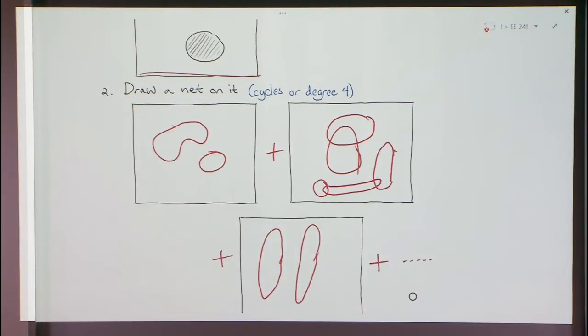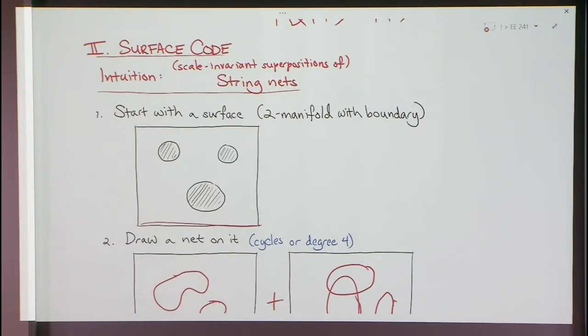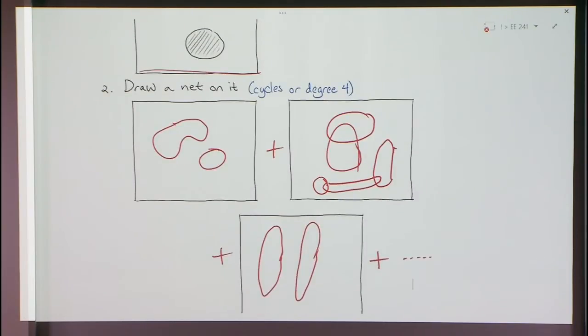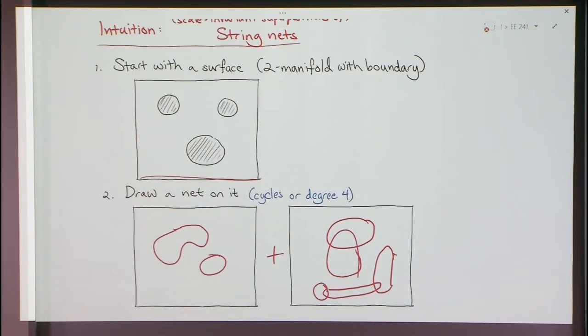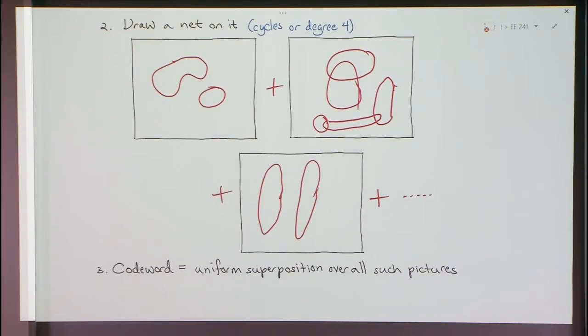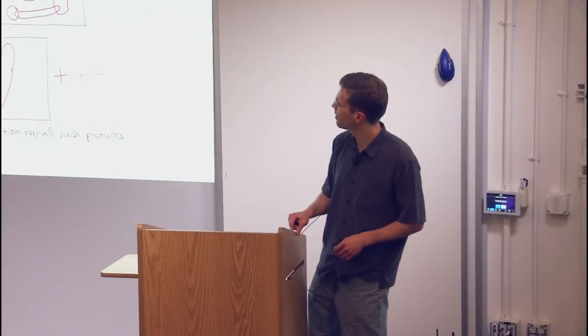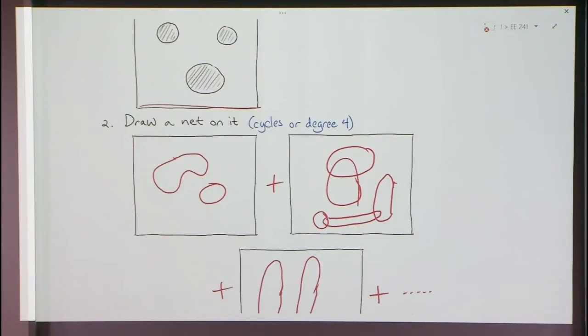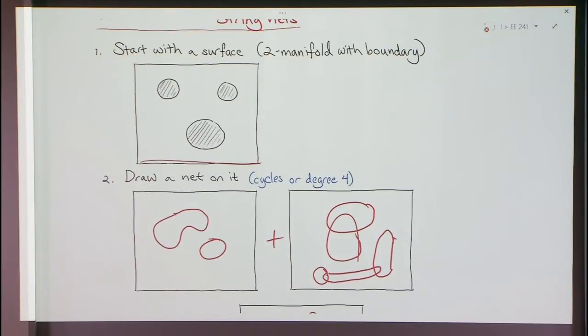No, but see, this would have worked for any surface. So for this code, it's certainly just a single word. For more interesting surfaces, we'll get more interesting code spaces. Yeah. Could you explain how the boundary in the first picture relates to the nets? Well, I didn't want to draw the boundaries again. So how are the rules related to the holes in the first picture?